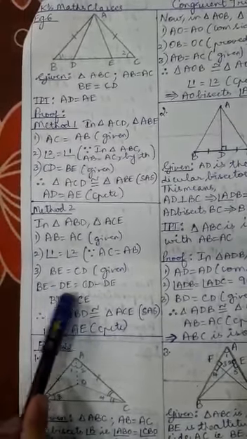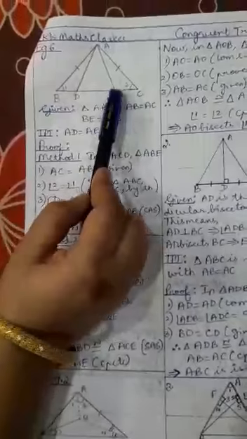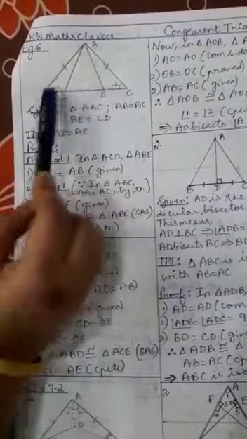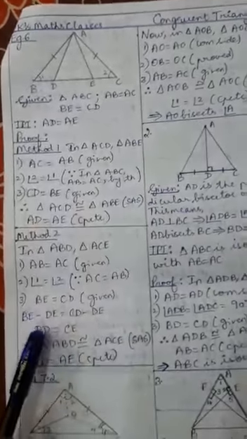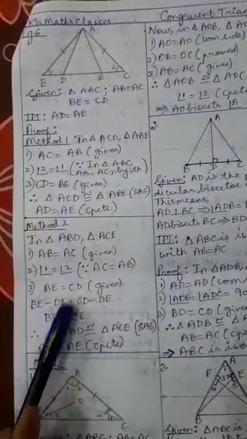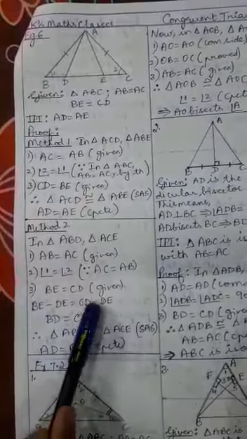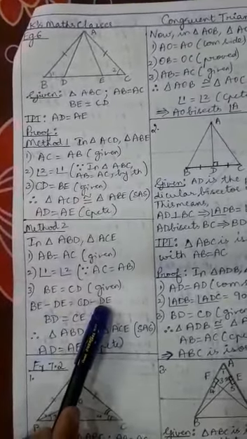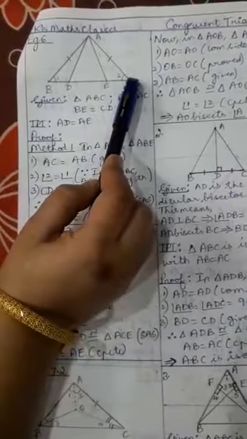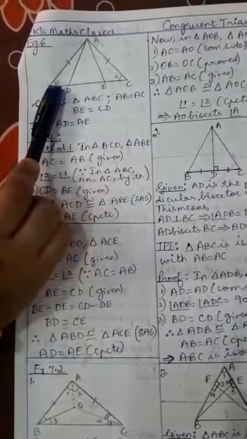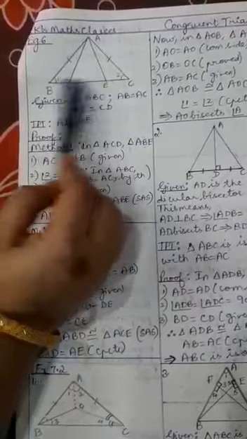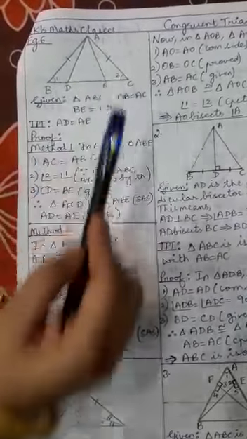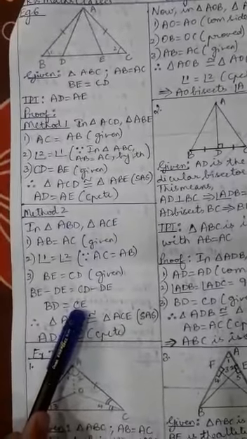So you know that when equals are subtracted from equals, the remainders are also equal. Now what is BE minus DE? From BE you take away DE. So you'll be left with this portion BD. That's what we have here, BD. Equals, what is CD minus DE? From the line segment CD, take away the line segment DE. Remove this. So you'll be left with CE. That's what you see here.